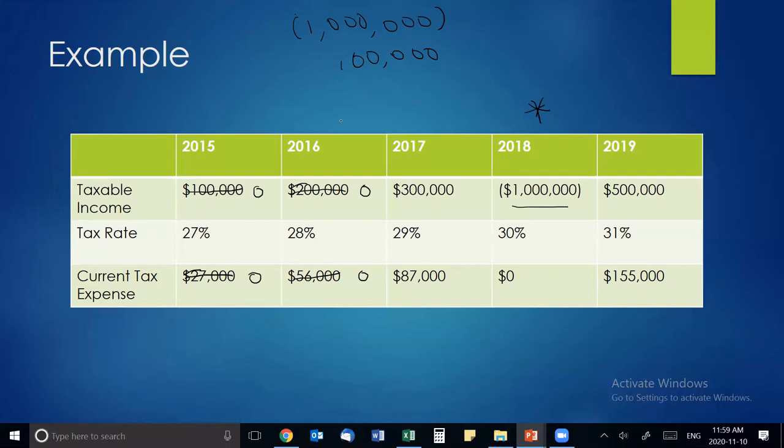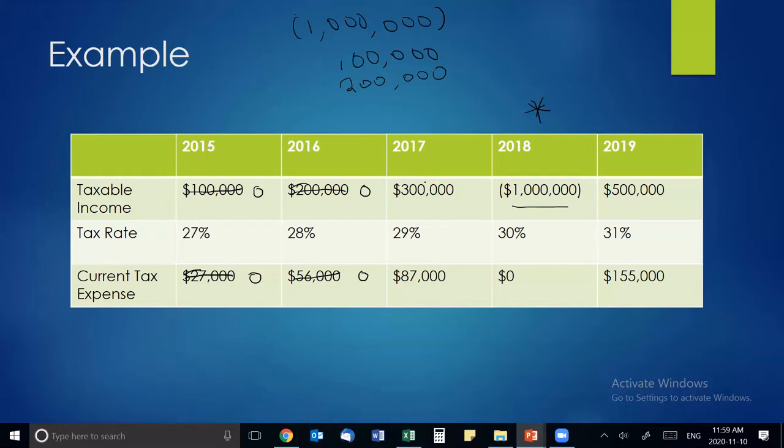Now we've used up 100, and then 200. So 300 out of $1 million, we have $700,000 of a loss left over. Let's see if we can use it in